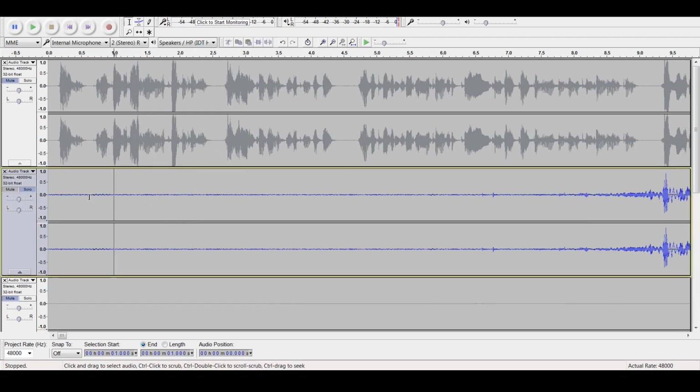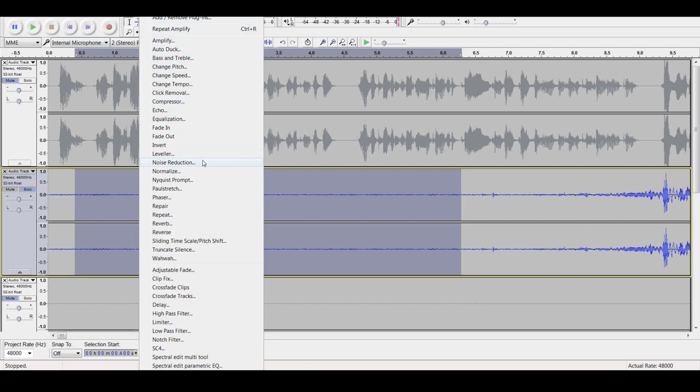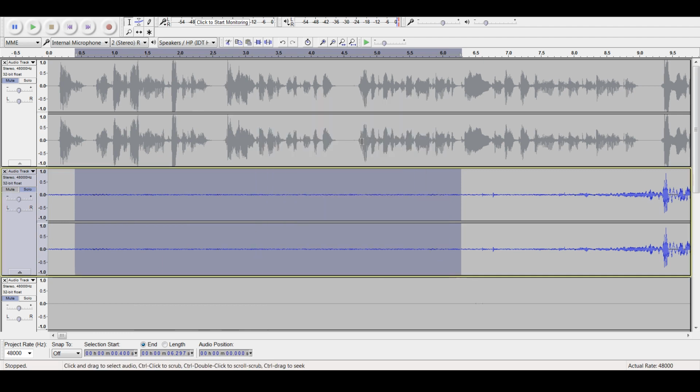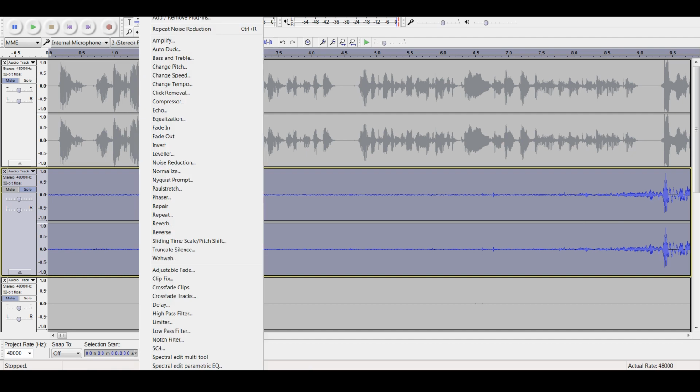And so the first editing process we want to do is, you notice how I got a long clip of silence right here? This is so you can remove the background noise. So what I'll do here is go to Effect, then Noise Reduction, and then I'll get Noise Profile. Okay? Then I'll double click to select this entire track, and I will go to Effect, and you can repeat